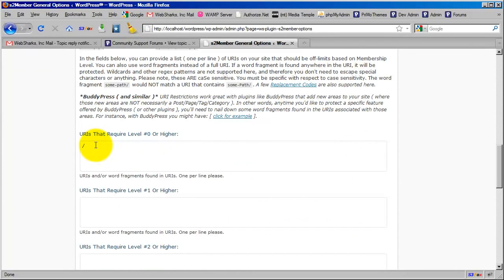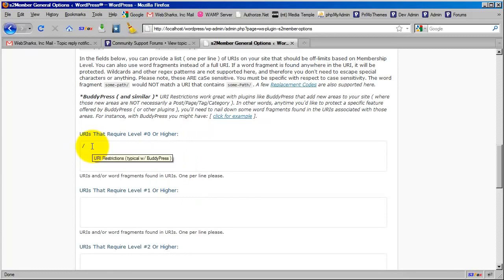Okay, and in fact, in the current version of s2Member, this is the only way that the front page of the site can be protected at this time. Now, we're probably going to work on that in the future, but at this time, if you're looking to lock down even the front page of your site and make it not available to the public, then this would be the only way to accomplish that, is by just telling s2Member that you want the entire site to be locked down with this single slash. Okay, now there's one other important thing to note